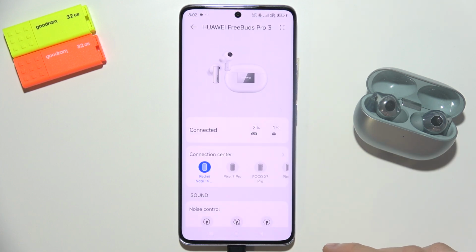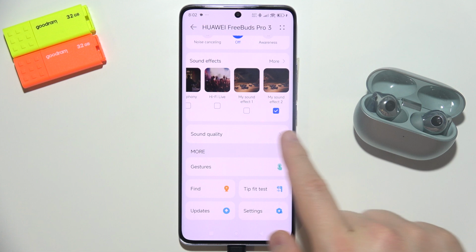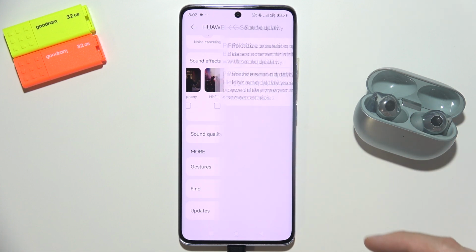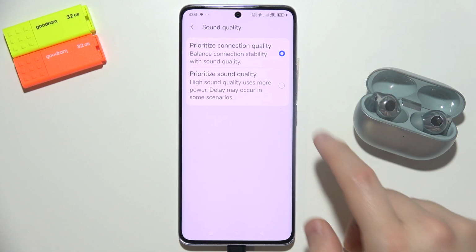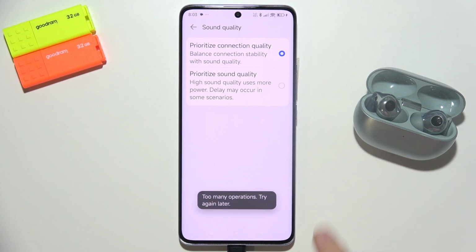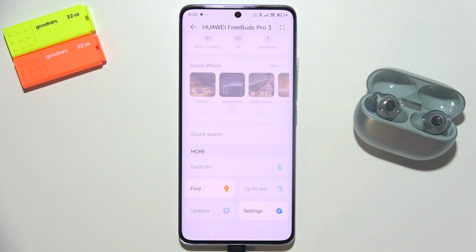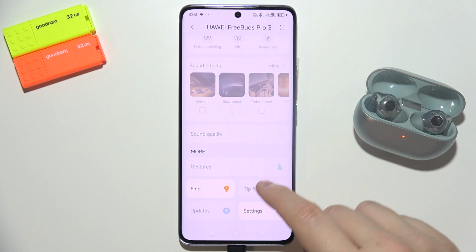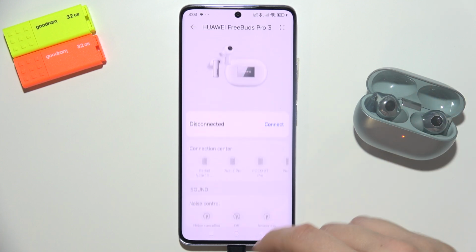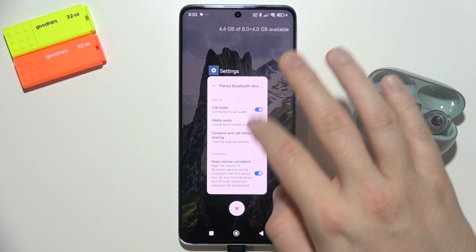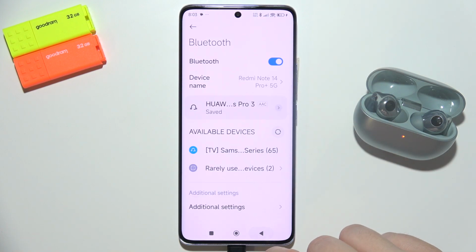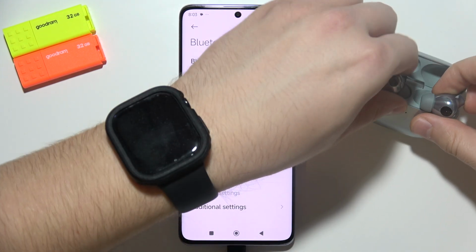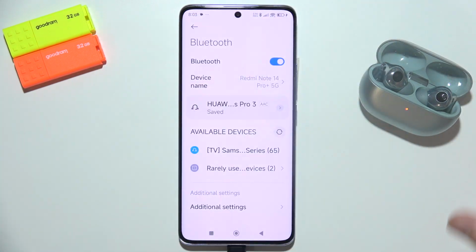You'll have to just open your device and find something like sound quality mode or connection mode. And you have to switch from connection quality to sound quality. Now when you do this, you have to just wait, because your earbuds will basically restart. And when it is finished, you can simply go back into your mobile application. So you have to basically reconnect with your earbuds,